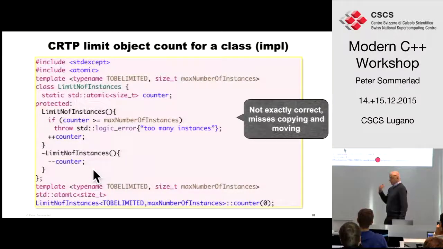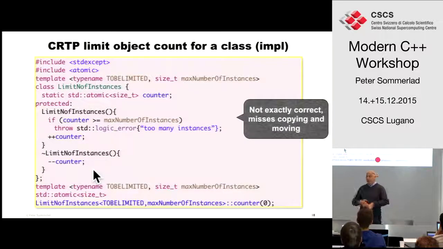Because the counter is parameterized by the class to be limited, we get an individual counter for each subclass that we create with the corresponding maximum number of instances. So for our one class, we get a counter where the maximum number of instances is 1. For our 2 class, we get another counter where the maximum number of instances is 2. And if we want 1,000, we can have 1,000 of those, and the 1,001st one will just not be able to construct. More clear now? Good.